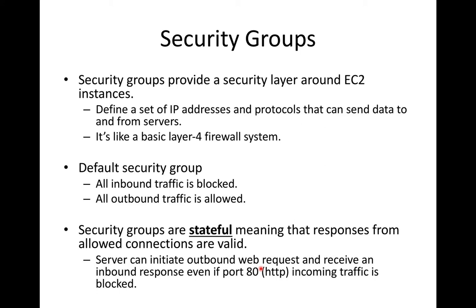So if the EC2 instance needs to create a web request and access some resource out on the internet somewhere, the default security group will allow all outbound traffic from the EC2 instance, but all inbound traffic is blocked by default, which seems like a pretty sane and secure policy, right? I mean, you would want to explicitly allow certain inbound traffic to your cloud server. But if you hadn't explicitly specified which traffic is allowed into your server, you would want all traffic to be